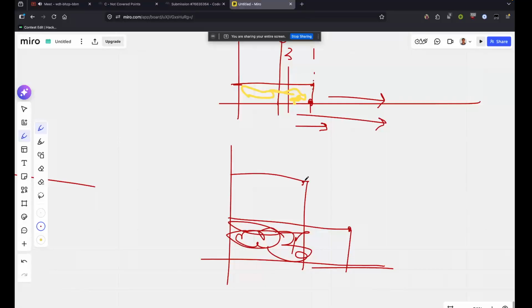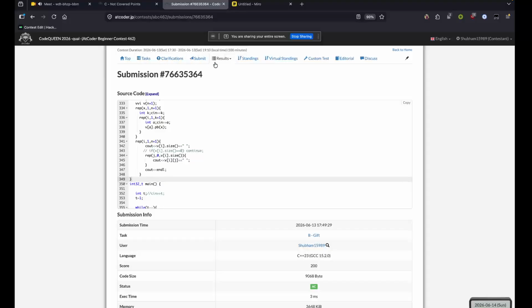But if our height is above the previous height, you can notice one vertex is in between this whole area. So the case is simple: we need to check only the y-axis, and we'll be increasing our count. So if I show you my code,